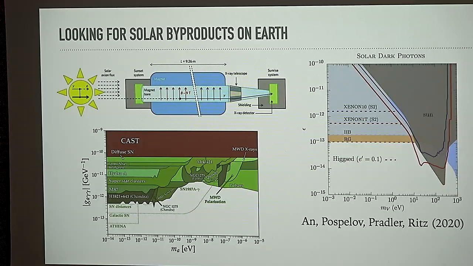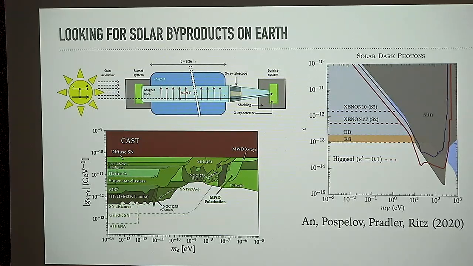You have to use a little bit of thermal field theory, cut some diagrams and do some detailed balance or whatever. It's not too bad, but that's how you compute the absorption rate within a material like